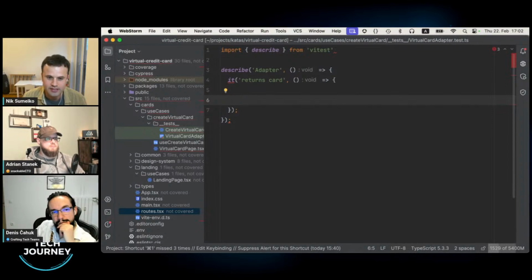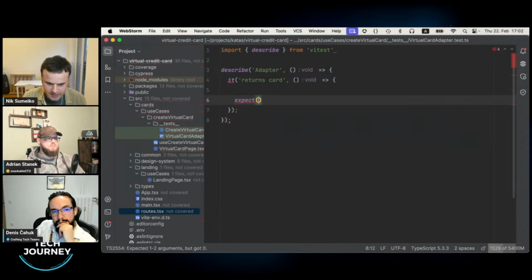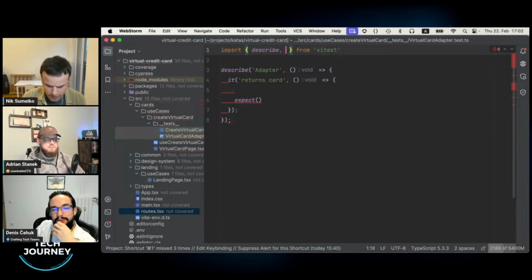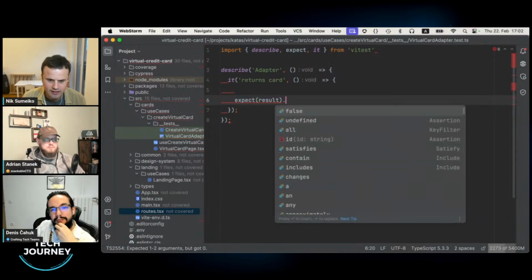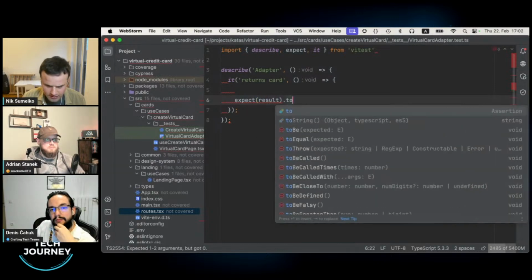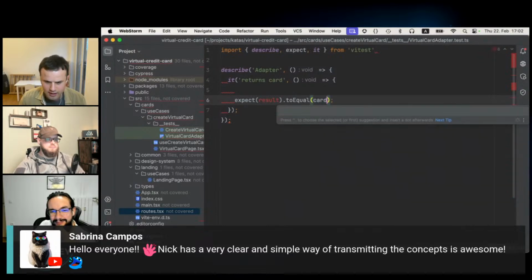I start with the assertion first. So I would expect something. Then you follow the errors. This expect comes from here. I'll expect there will be some result, and that result will be equal to some card.